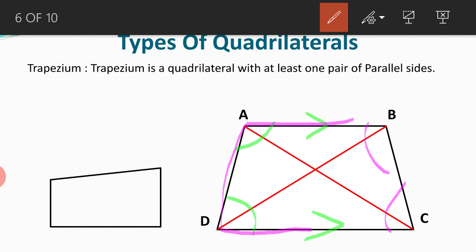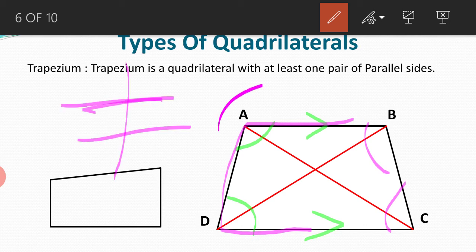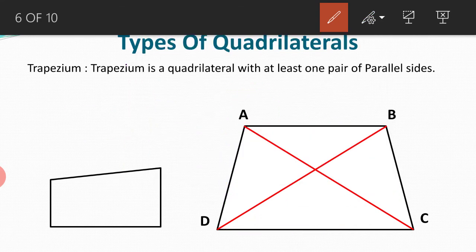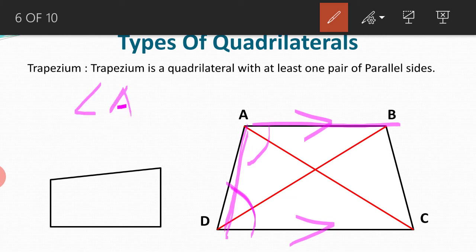If I talk about AB and CD, can I say AD is a transversal? Intersection doesn't always mean that the line is crossing like this. This is also an intersection, isn't it? So can I say AD is a transversal? I'll rub the unnecessary portion. Now AB is parallel to CD, so AD is a transversal. Are these interior angles on the same side of the transversal? Then what is the property? These angles are supplementary. So can I say angle A plus angle D is equal to 180 degrees?